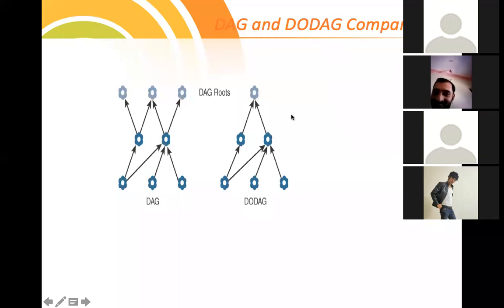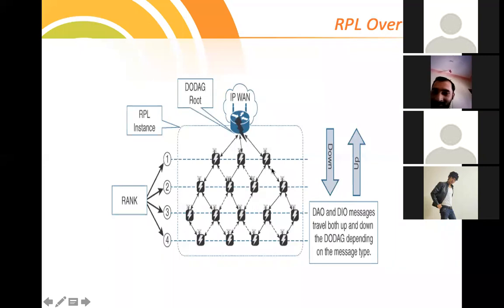So we have an example to deal with this particular thing. We'll see that with an example. So here you can see an RPL overview. Here you can see the rank on the left hand side, 1, 2, 3, 4. These are based on different levels or layers that we have different sensors. And then you can have a router over here, IP WAN, you can see that routing. So from this particular router, we can have different